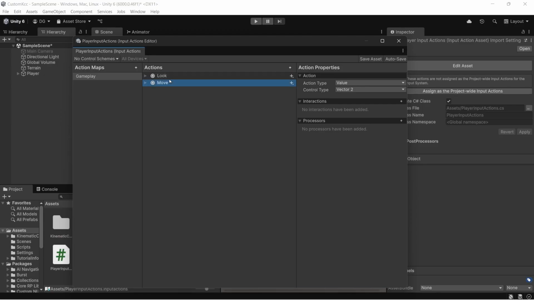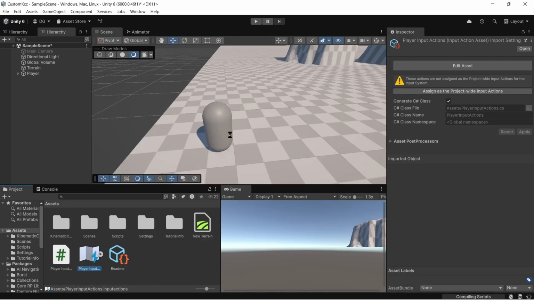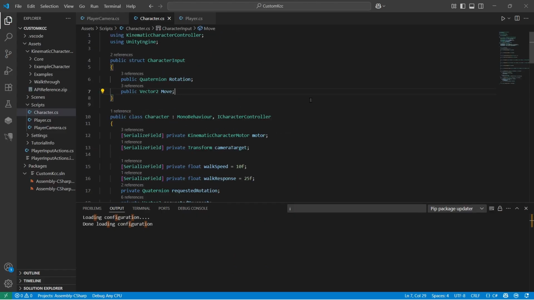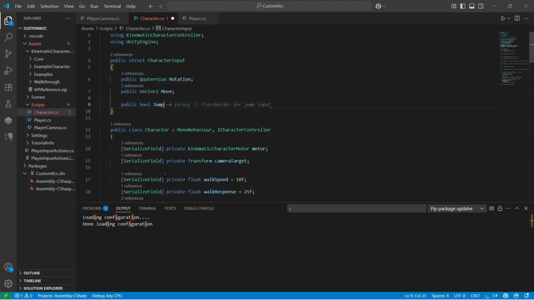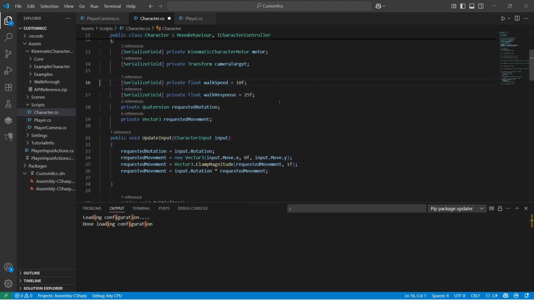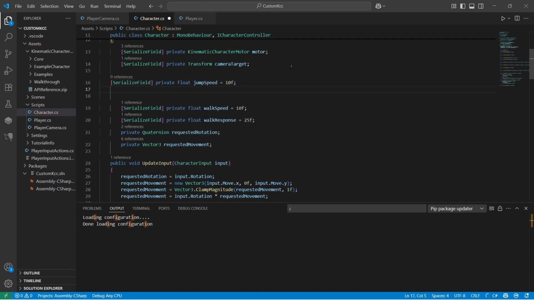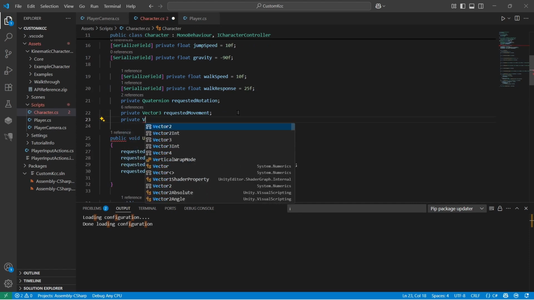Let's create an input for the jump, which should be a button, and it will be space. Then save it. For the jump we're going to need gravity, so we'll apply our custom gravity, and in the character input we'll add the public boost jump, and also create two floats, jump speed and gravity. Jump speed will be 10f, and gravity will be as it is in the real world,